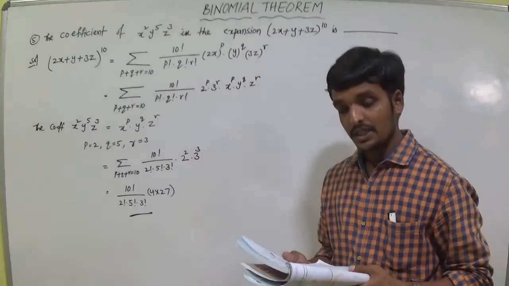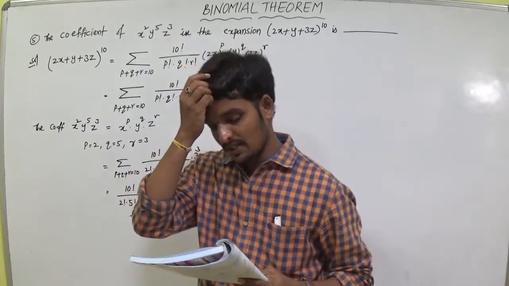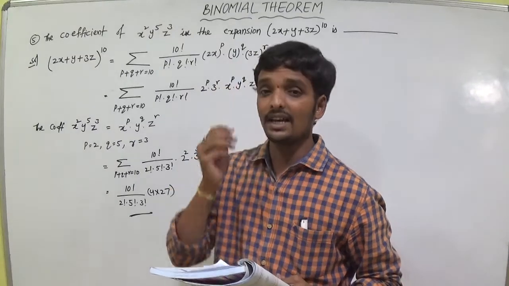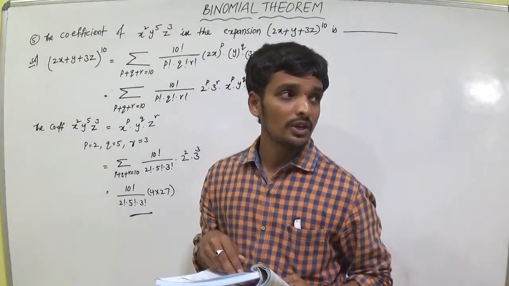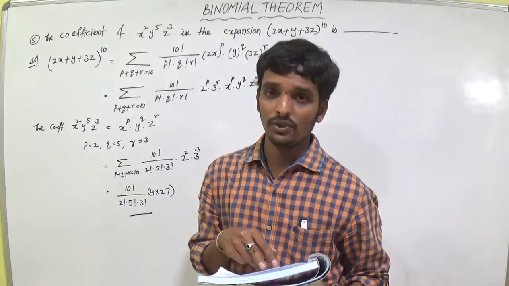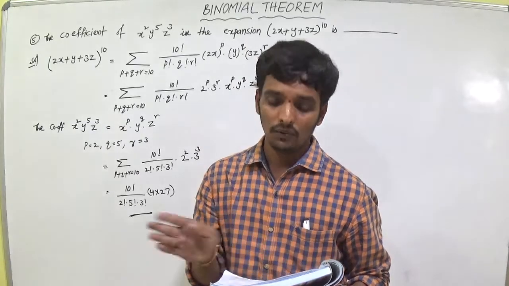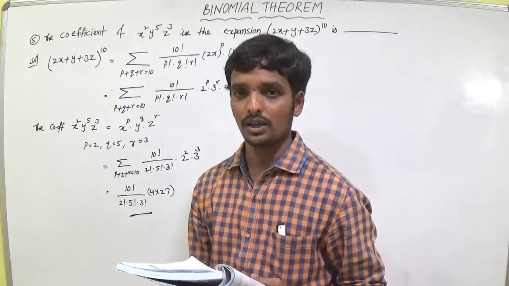Now we can move to the sixth problem. The sum of the coefficients in the expansion of (1 + 3x - 5x square) whole to the power of n. They are asking the sum of the coefficients, which means we can substitute the value x = 1 in the place of every x. We can get the values. Either option 1 and 2 are correct.